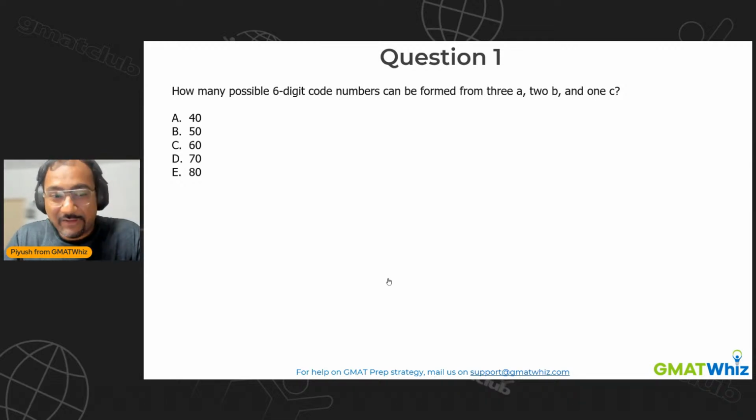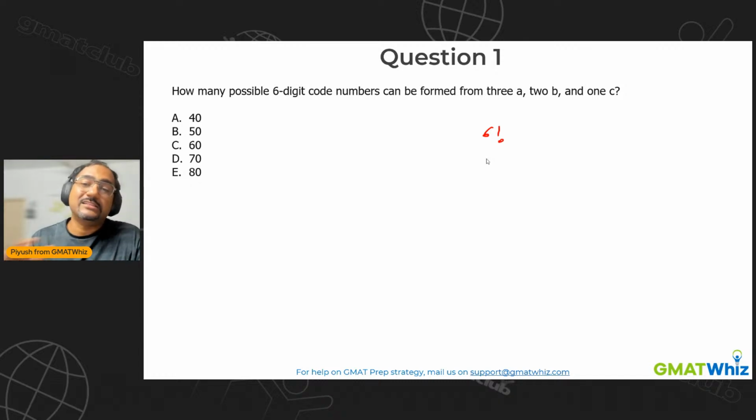So this is a straightforward question. It says, how many six-digit code numbers can be formed from three A's, two B's, and one C? Whenever the question is in that format, like three A's, two B's, and one C, you know that exactly three A's have to be used, exactly two B's have to be used, and one C has to be used. So since there are a total of six entities that have to be arranged, I can arrange them in six factorial